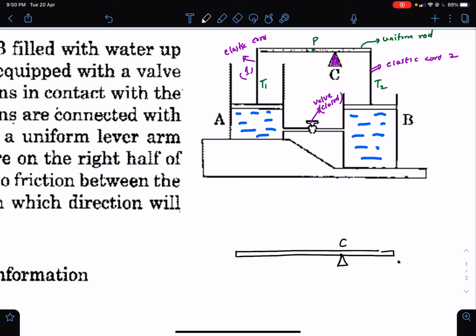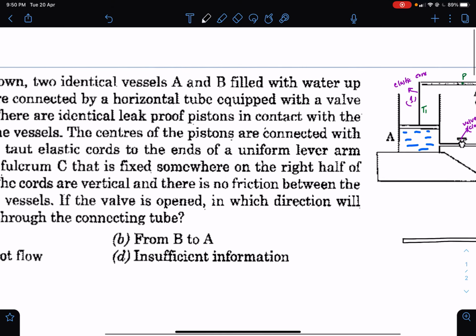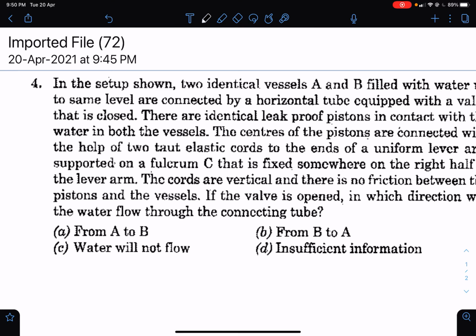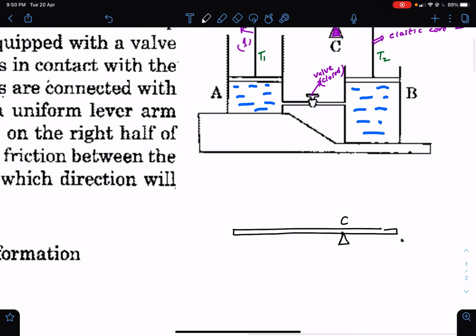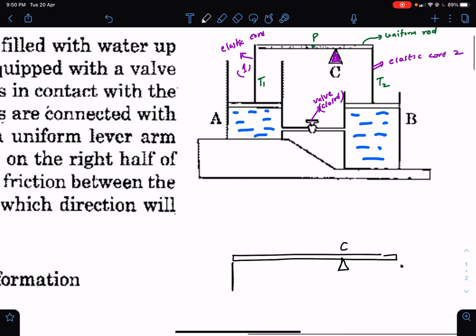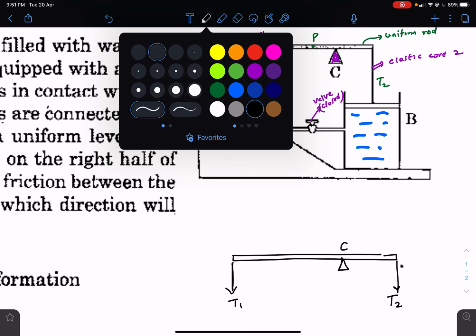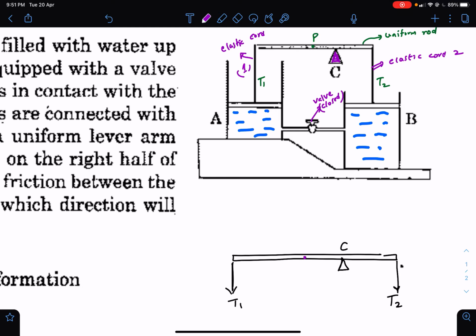Now the thing is, because these are elastic cords and they are under tension, that is what is given in the question also, that these cords are taut, which means they are pulling this rod with different tensions T1 and T2. Why I am saying that tensions are different is for torque balance, because initially it is given that this entire system is in equilibrium. So if we draw the free body diagram of the rod, then apart from the two tension forces, this rod at this midpoint P will get an mg force, and then at the fulcrum C it will get a normal force.